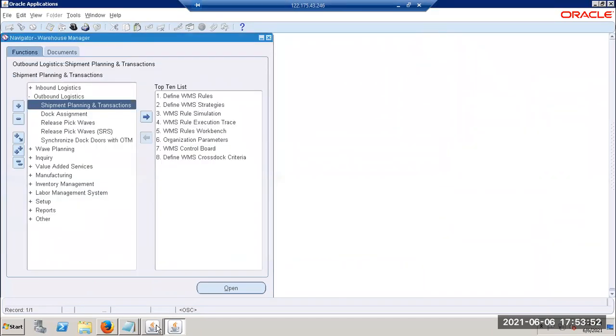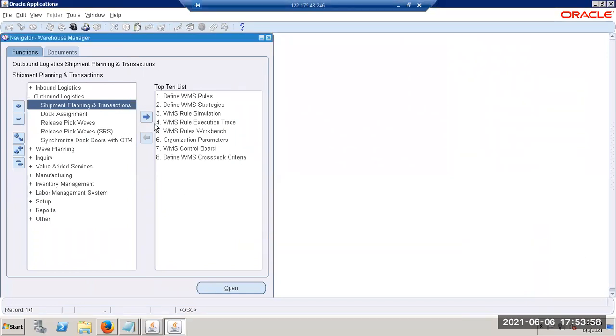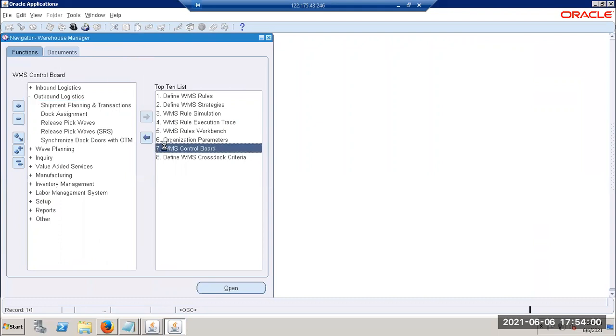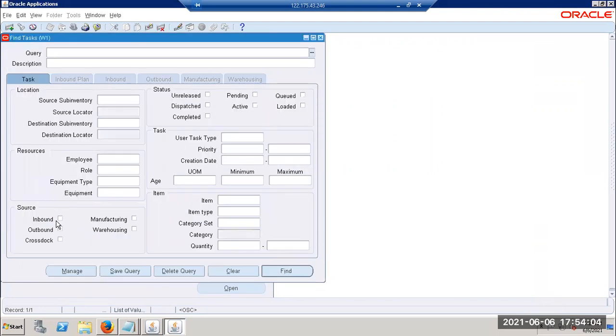See, as we have mentioned, the tasks are available. Just go to WMS control board now, the 7th option. Select W1. Here, select the cross-dock. Criteria is cross-dock, because we have selected it as a planned task. Unreleased, pending.